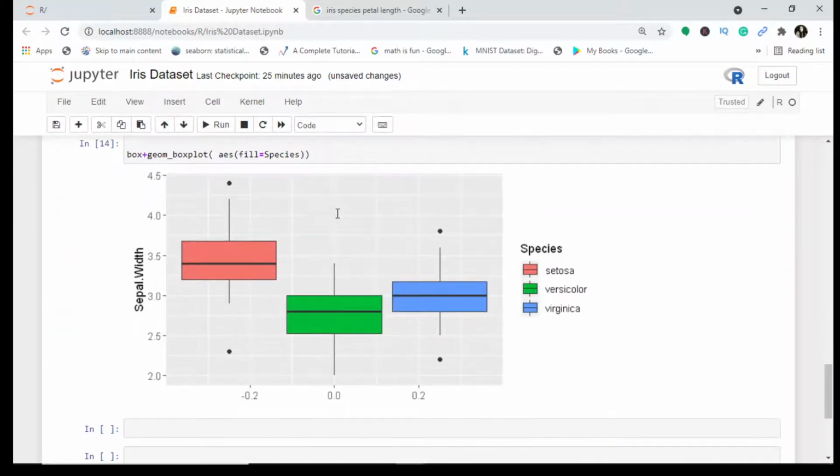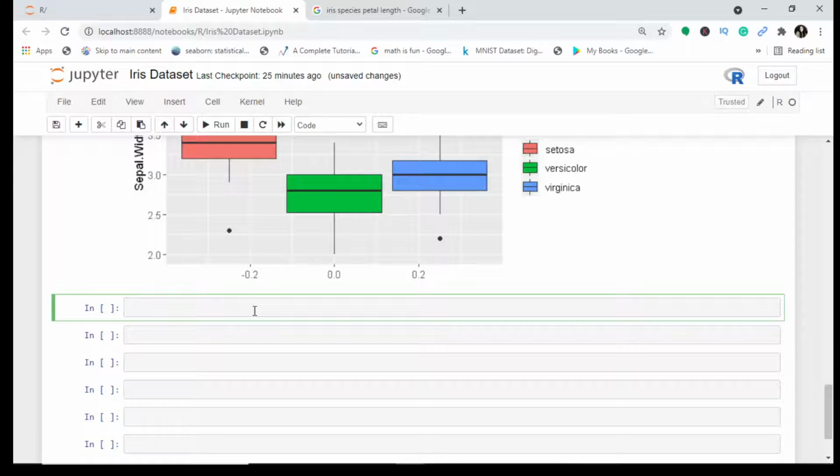So I will simply make the facets here. Let me write here ggplot, and let's do geom, that means the geometry, and I will write box plot here. Do it with me so that things become easier to understand. I will use the aesthetics and fill with species. This is the same code as above, but the practice is good and necessary.